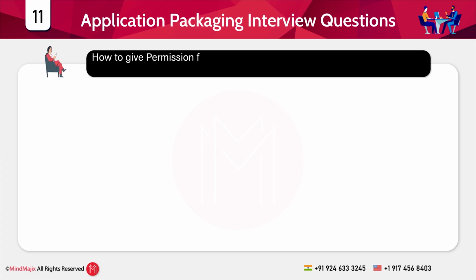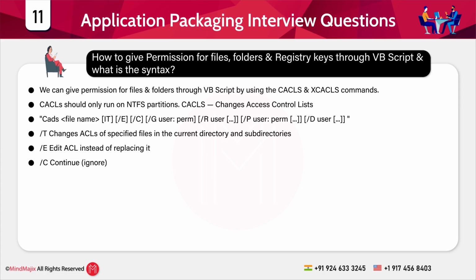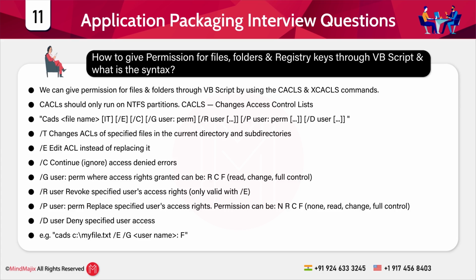How do we give permission for files, folders, and registry keys through VBScript, and what is the syntax? We can give permission for files and folders through VBScript by using the CACLS and XCACLS commands. So what are the CACLS and XCACLS commands? CACLS should only run on NTFS partitions. CACLS is known as Change Access Control List. So we have to give the command CACLS, the name of the file, and the type of permission, like